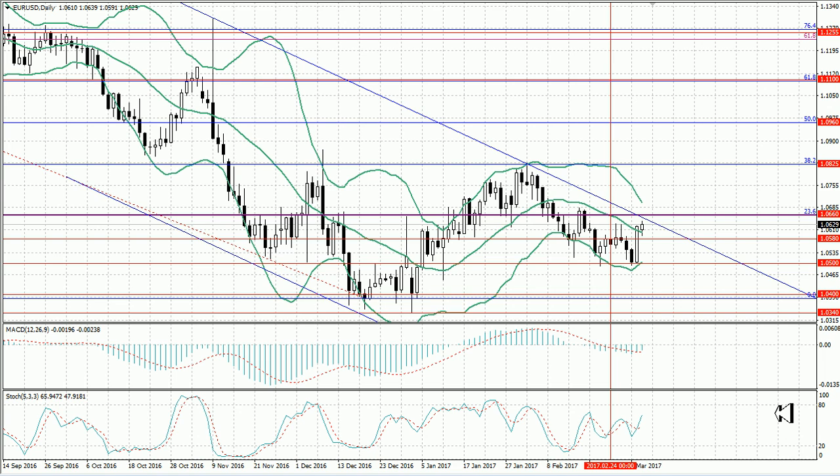We're glad to present our weekly analytical review for major Forex instruments. During the previous week, the EUR-USD pair reached the level of 1.0500, but then it was corrected to the middle line of the Bollinger Bands indicator. The key levels didn't change.